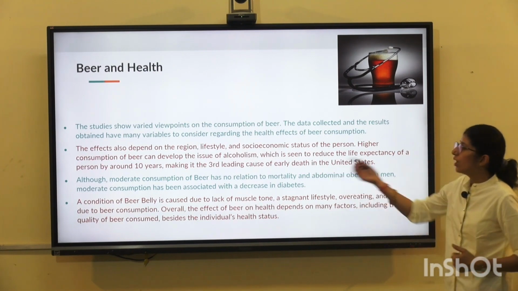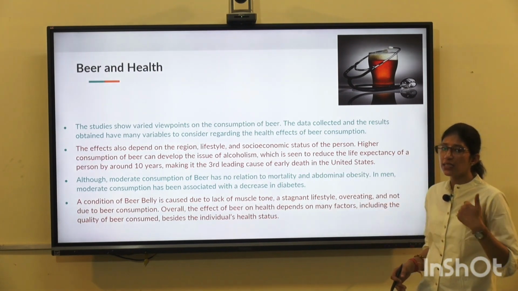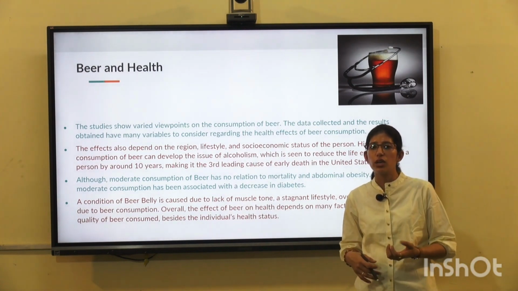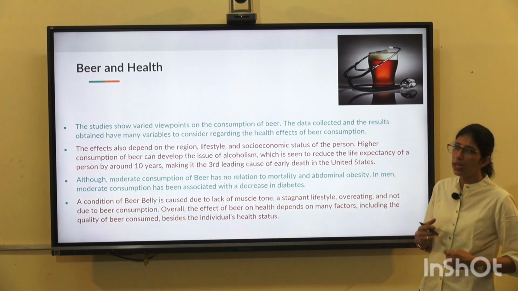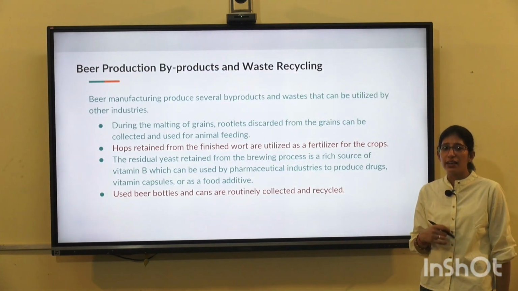Some people call it beer belly, but no, beer belly is not only a sign of beer, it is also a sign of your health, your couch potato lifestyle and what you are putting inside your body in the form of food and beverages. Beer production and its waste recycling. Why is it important? Because if